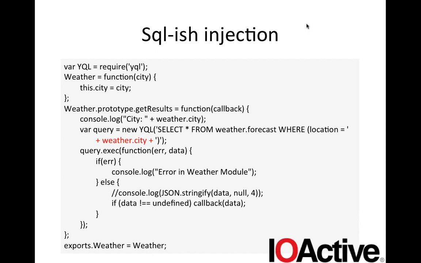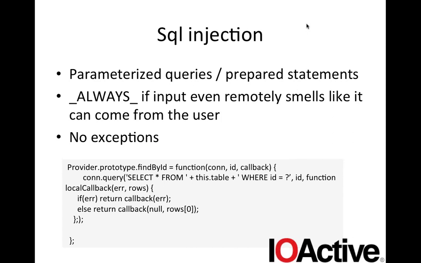One of the things is when I looked on GitHub, I couldn't really find much SQL usage, but I did find some Yahoo Query Language usage, which is very SQL-like. And this comes from a real application where you have this Node application that does a Yahoo query, and you say, what's the weather for the city? And then this has a Yahoo Query Language SQL-ish injection bug, basically.